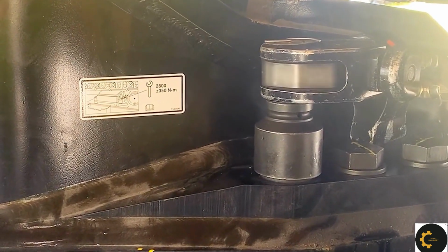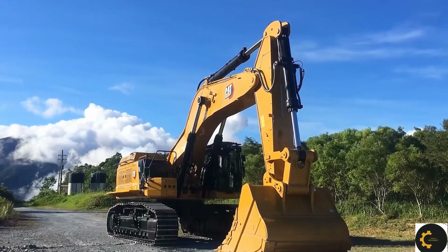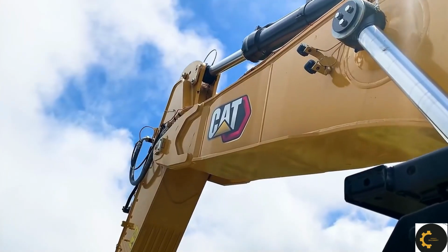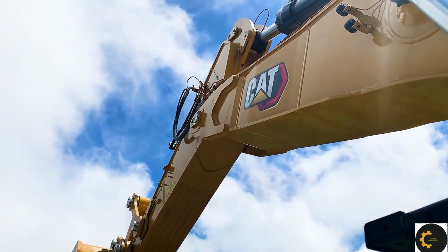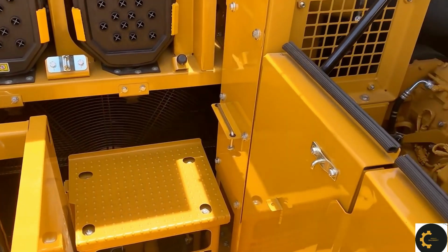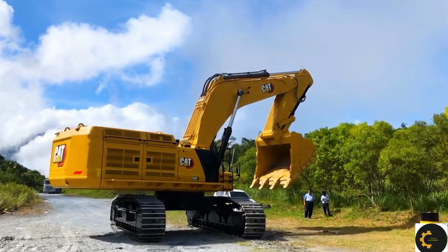The operating range and digging force of the CAT 359 are also noteworthy. Its design enables it to reach significant depths and extend over large areas, making it suitable for a variety of excavation tasks. The powerful digging force ensures that it can break through tough materials and handle difficult digging conditions with